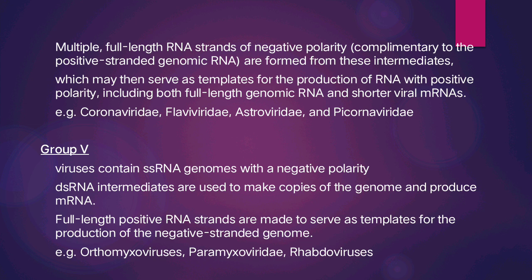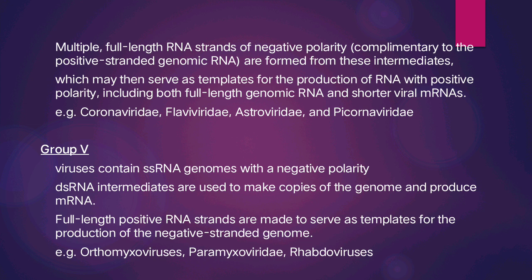Multiple full-length RNA strands of negative polarity, complementary to the positive stranded genomic RNA, are formed from these intermediates, which may then serve as templates for the production of RNA with positive polarity, including both full-length genomic RNA and shorter viral mRNAs. Example: coronaviridae, flaviviridae, astroviridae,